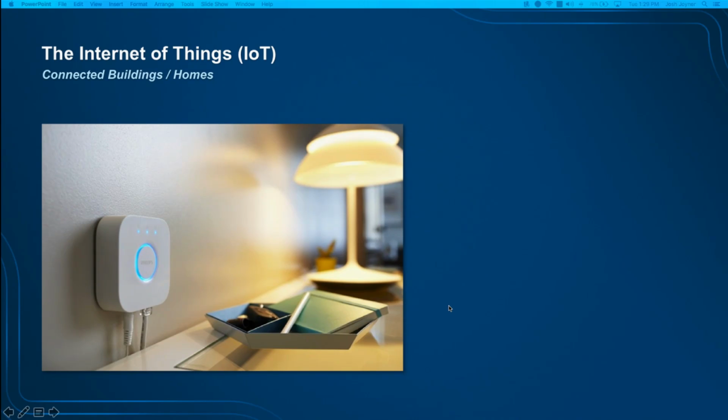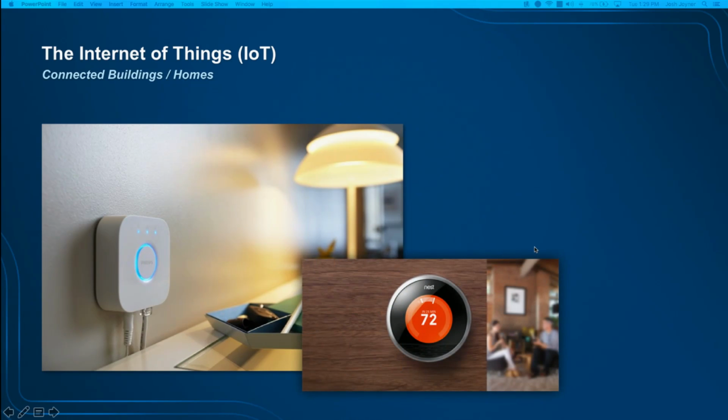So for anyone that attended one of our sessions at UC last year, we gave a demo with some of the Philips technology. We were doing some sensor information coming in and showing how the color would change through a Philips light bulb. Those have been around for a number of years. Also things like some of the Nest smart thermostats at homes. These are a way a number of people are wanting to get into,